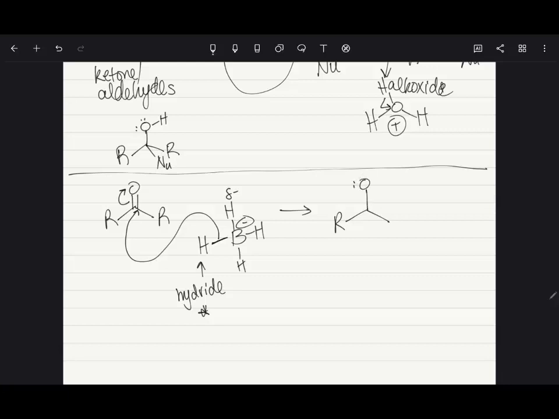We open the pi bond up, and we've added that extra hydrogen. And so because we've added the extra hydrogen, we now have made that alkoxide ion, and we can protonate with an acid. So that would be step number 2 in the mechanism. So if I were to write this out,